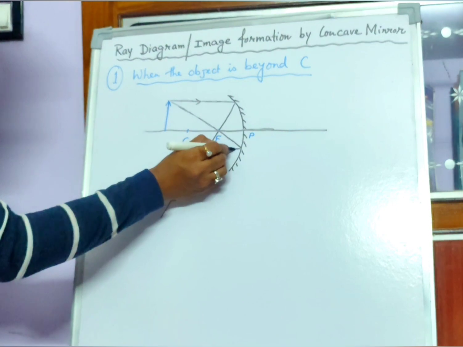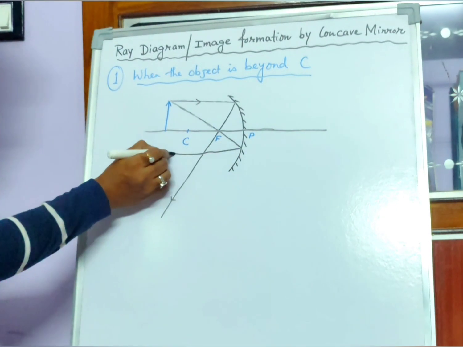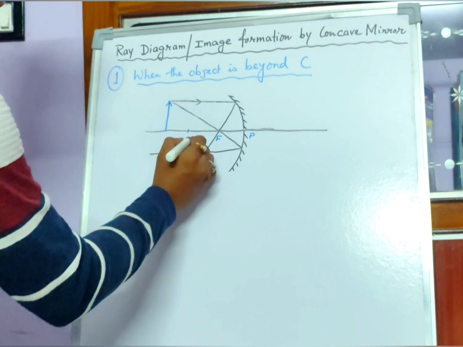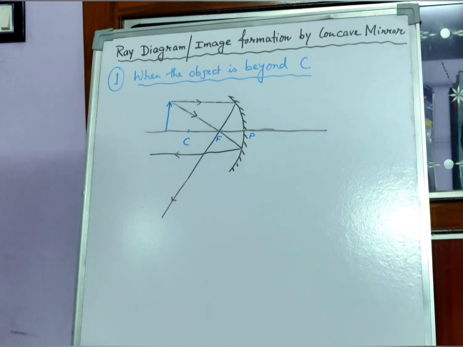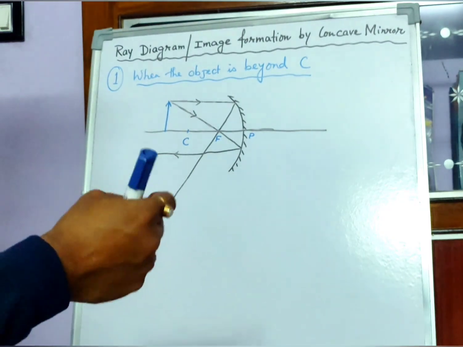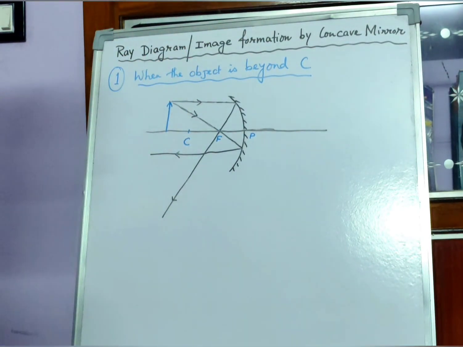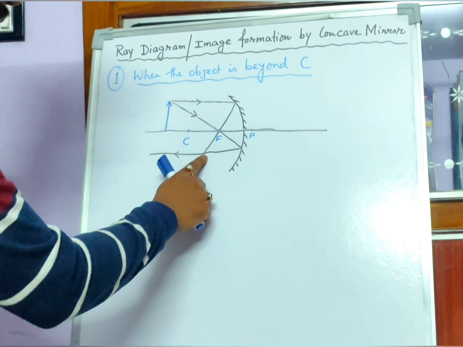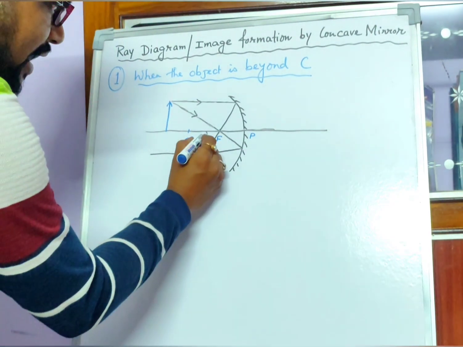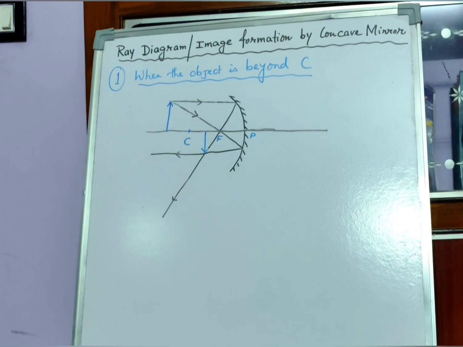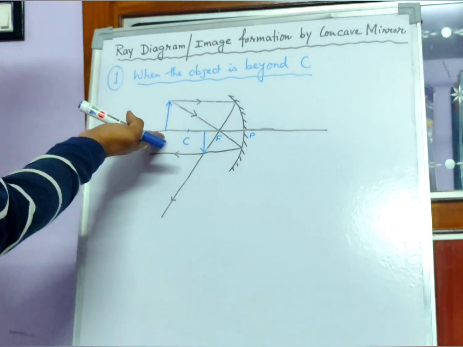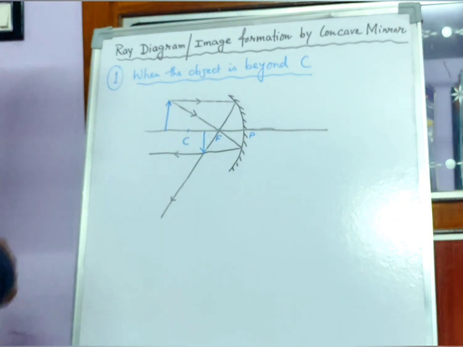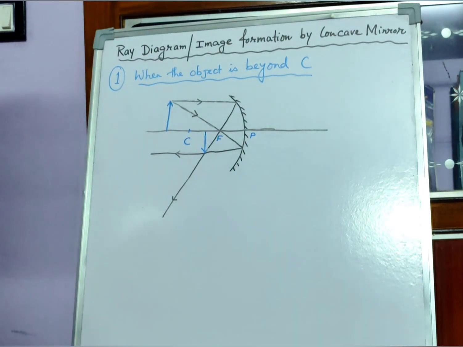Please remember that it becomes parallel to principal axis like this, and all the straight lines you have to draw with the help of a scale, and the arrow you have to give, definitely it is a must, right? So now see, there are so many rays you can draw, but at least 2 rays are required. Why? Because the 2 rays after reflection, where are they meeting? Here they are meeting. So between F and C, upside down, because the principal axis you can take as a reference line with respect to the object. This is the object and this is the image. So you can see here the image is upside down. That means it is called inverted.